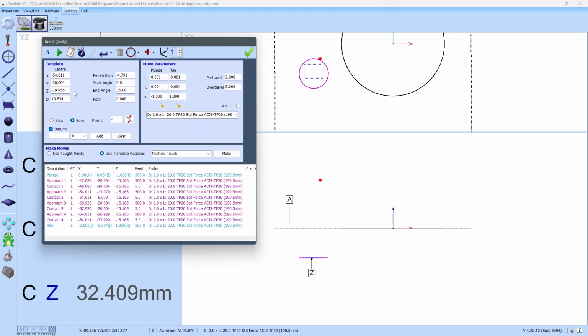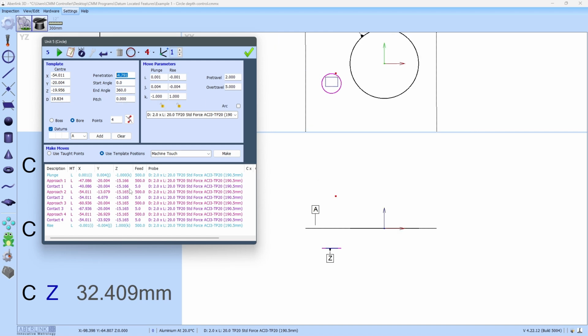What that does is it gives it a rough idea of the template of where the circle should be, and then the penetration is the kind of offset from that at where it's going to actually measure it. Now the confusing thing here is this code that it runs, i.e. these coordinates, are all based off the reference system of the component. So it's not actually linked to feature number 4, it's just that it's being projected into it. What I mean by that is if I put -5 in here, the theory is that it should give us a